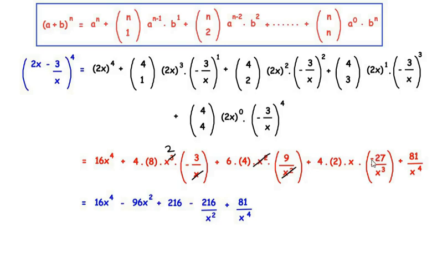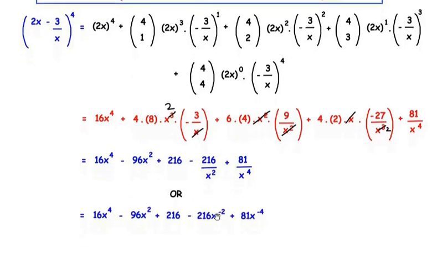plus with a negative sign gives us negative. So 4 times 2 is 8, and 8 times 27 gives us 216, and 1x from the numerator divides 1x from the denominator, making it x square. So here we get the fourth term as negative 216 over x square plus 81 over x to the power of 4. You can also write this expression as 16x to the power of 4 minus 96x square plus 216